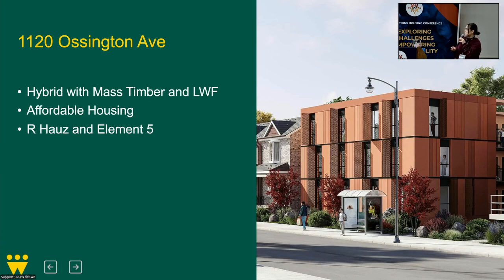So I'm going to run through some quick examples of a few more housing projects, but using mass timber this time, just for some ideas, some context, some inspiration. So this is in Toronto. It's 1120 Ossington Avenue, and it's a 3-story building built for affordable housing out of a combination of mass timber